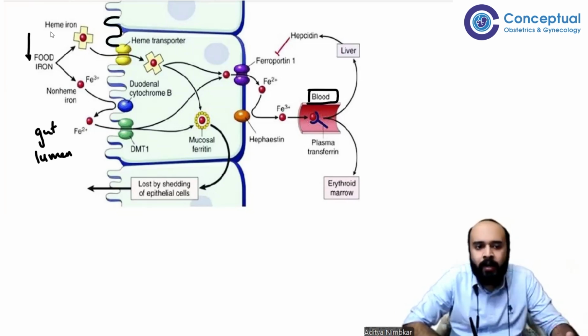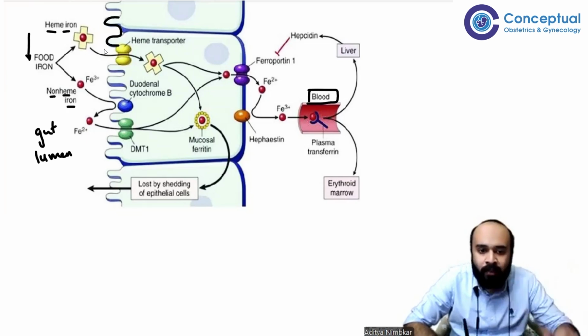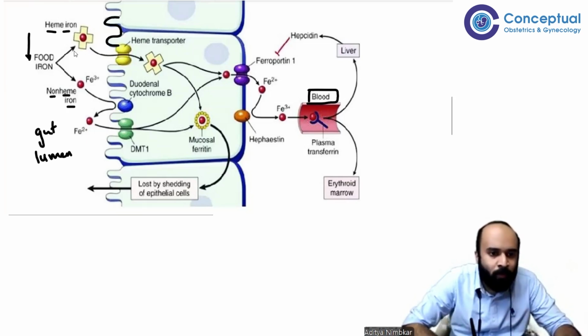Now we are having, as we have already discussed, iron in two forms. One is heme iron and the other one is non-heme iron. Heme iron is Fe2+. We have already known that Fe2+ है जो easily absorb हो गया, easily absorbable form है, right, that with red, Fe2+. Whereas जो non-heme iron है, it is in the form of Fe3+ and it requires